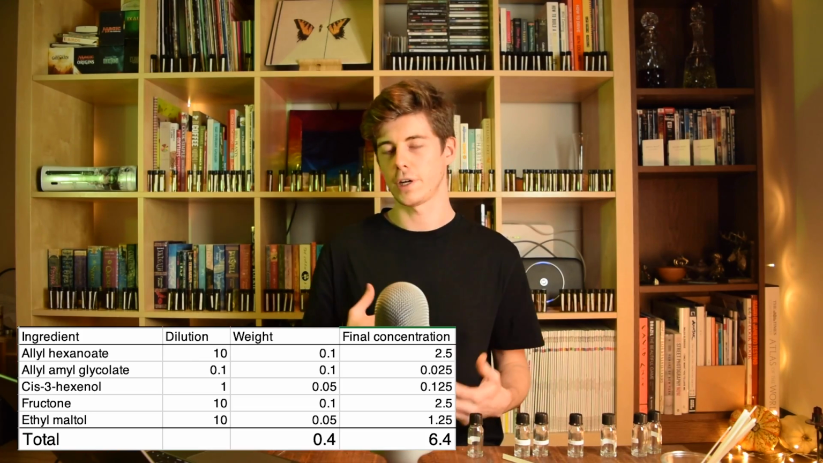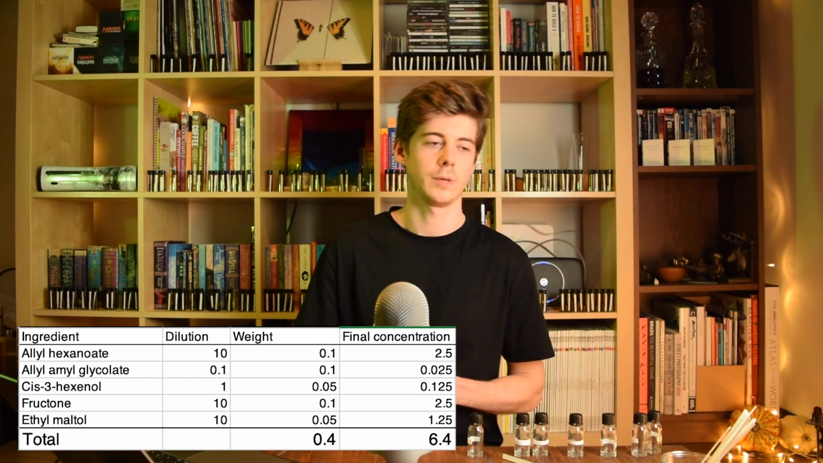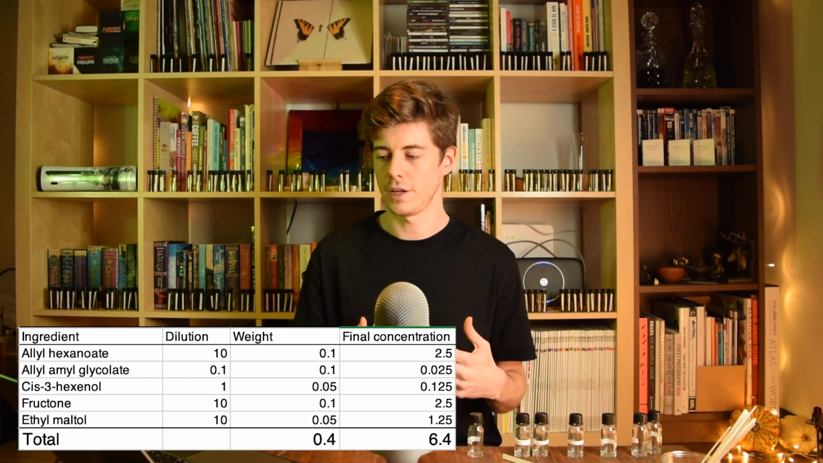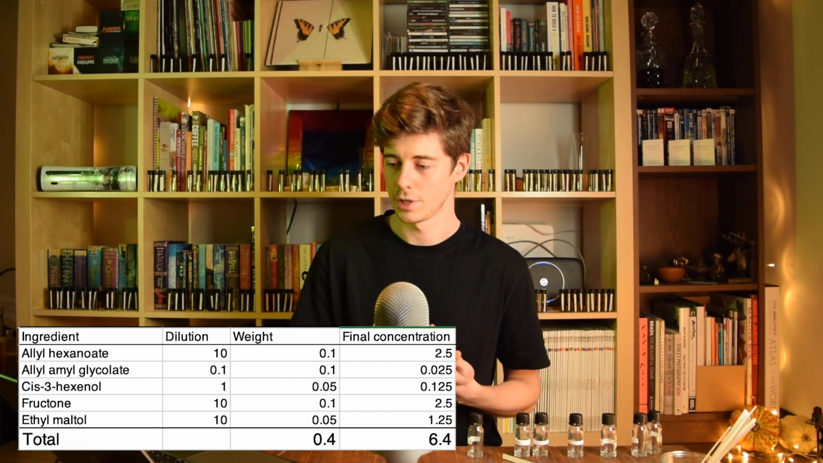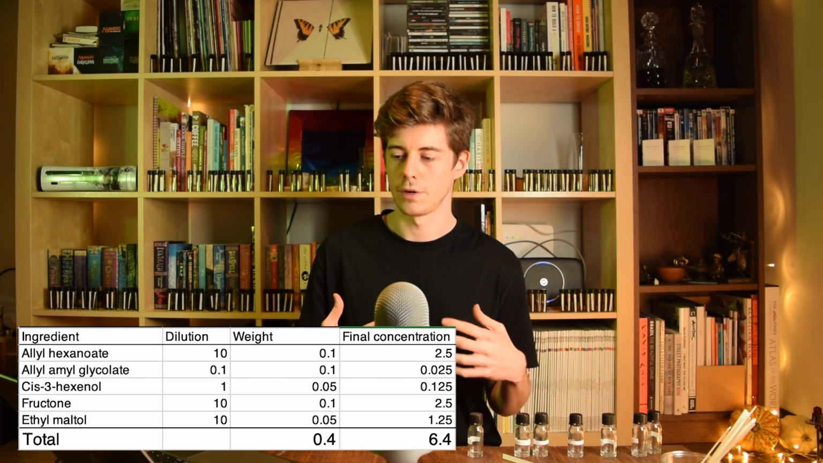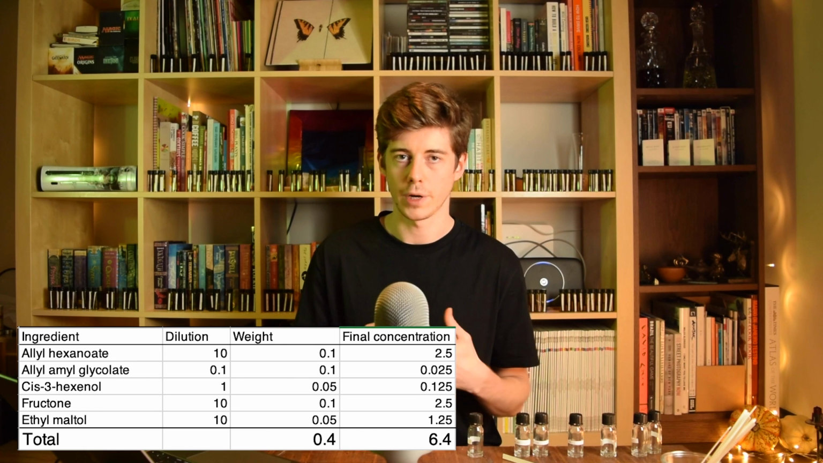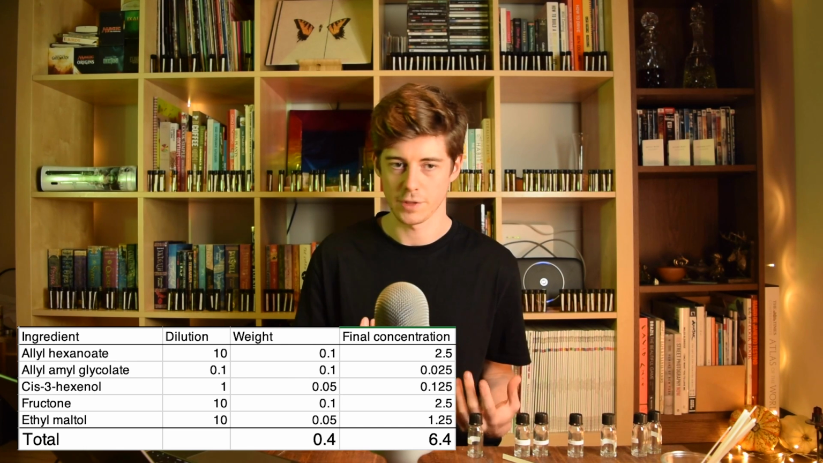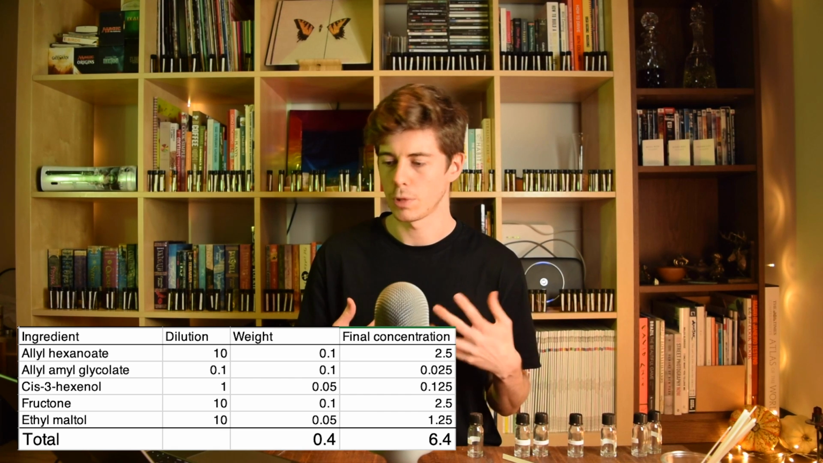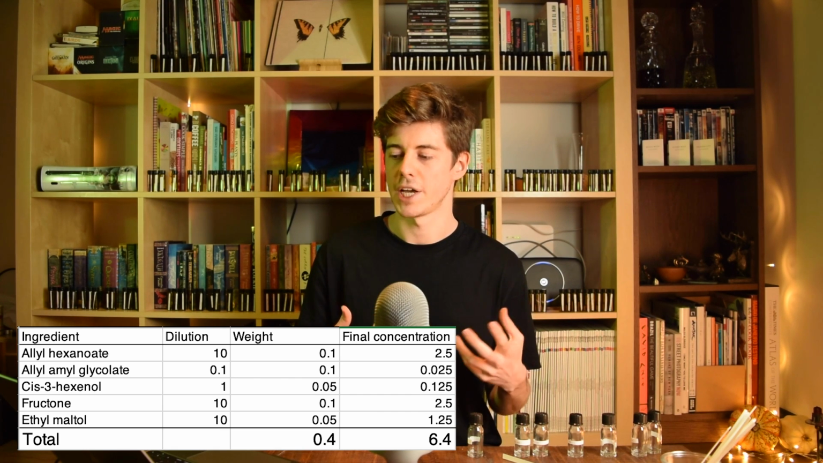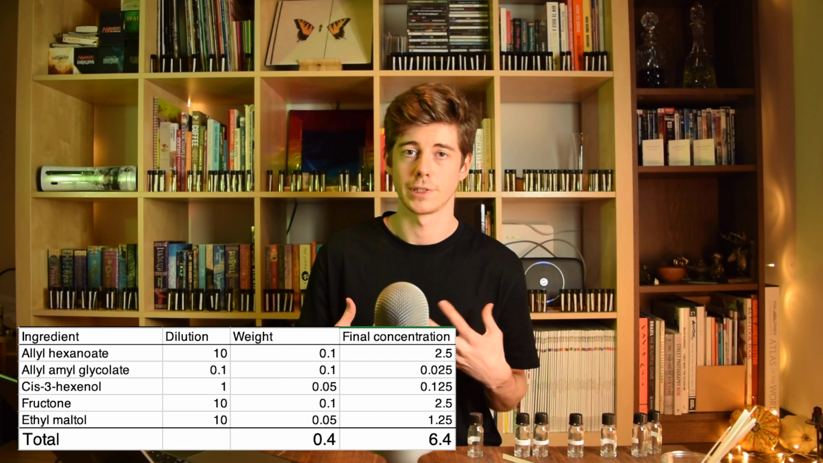So here's my formula for you guys. You can have a look at it. If you want to steal it, you want to copy it, go for it. But the thing here is you can see the final concentrations of the aroma chemicals used. So remember at the start I was saying, okay, I think allyl hexanoate smells quite good at 1% concentration on the scent strip. Well, by the time we'd added all of these extra ingredients, what we actually ended up with was a 2.5% in the final solution